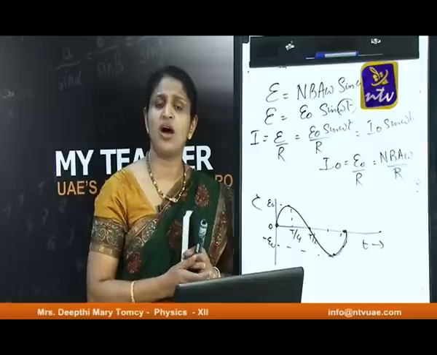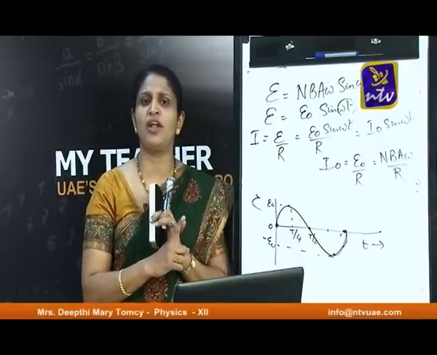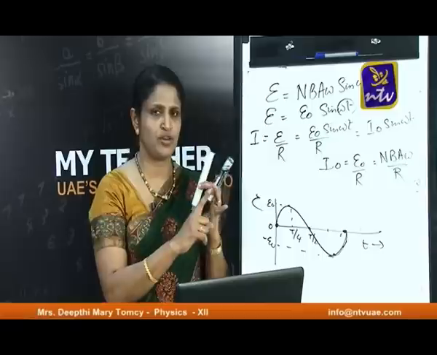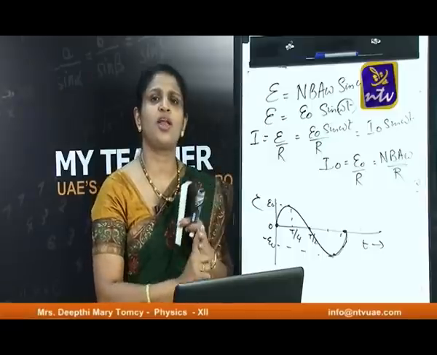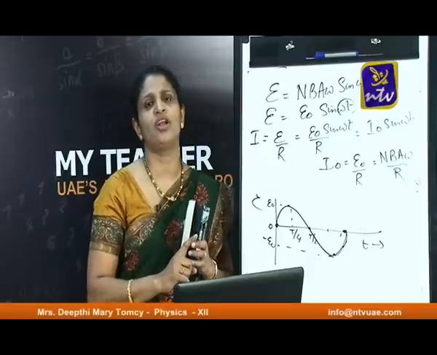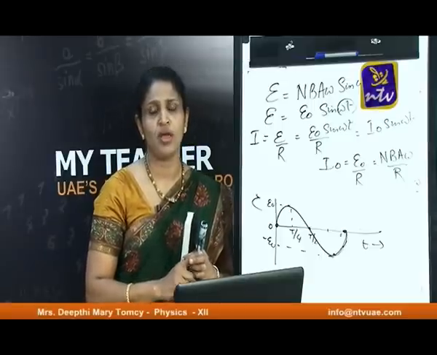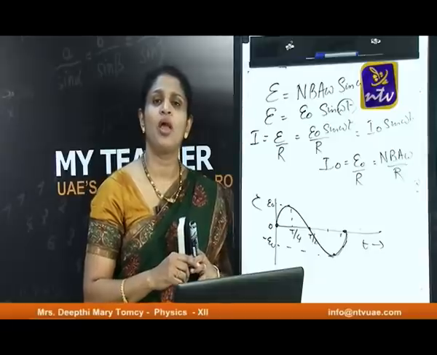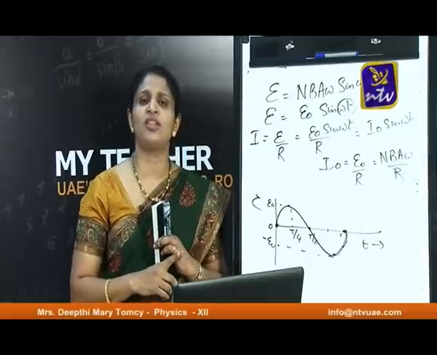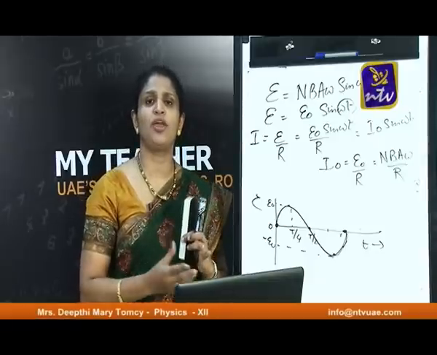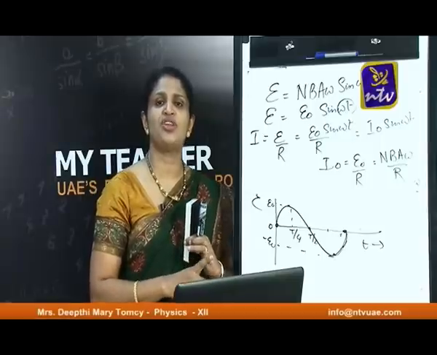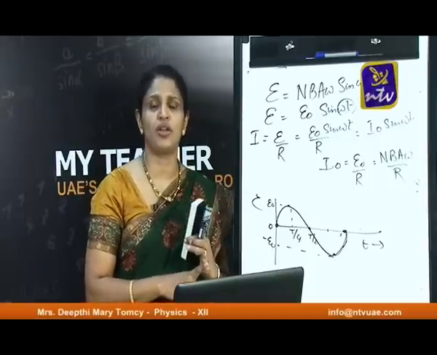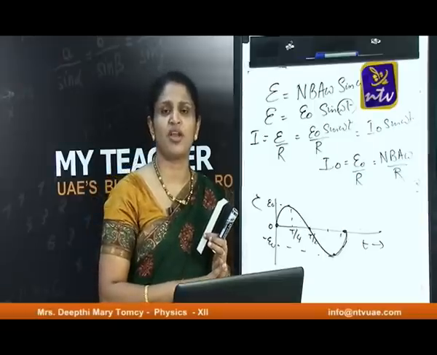We began the class by saying the flux depends on three factors. The first one is the magnetic field, the second one is area, and the third one is the orientation of the coil, meaning the angle between the magnetic field and the area. In the first few examples, in the case of a solenoid, by keeping a coil nearby, we are changing the magnetic field linked with it, thereby changing the magnetic flux.